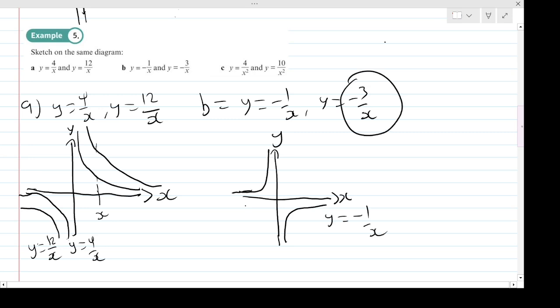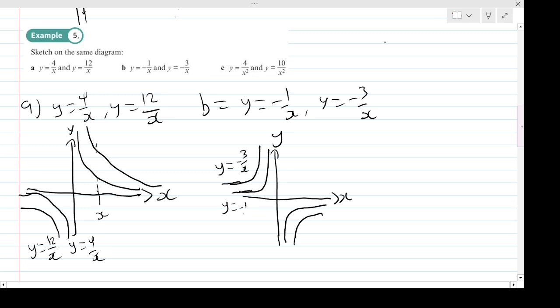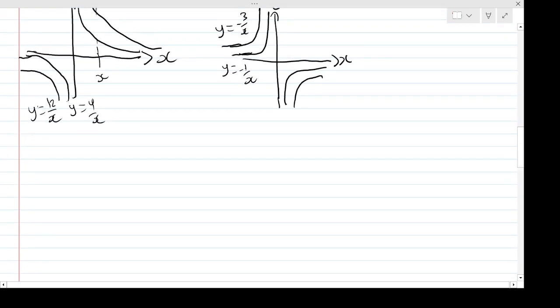Then we have minus 3 over x, and the exact same idea. We have a bigger multiple, so we're doing 1 over x times 3. So again, it's going to stick out more like that. And there we are. It's a bit awkward to distinguish the two graphs because they're quite close to each other, but this is minus 3 over x here, and then I'd say this is minus 1 over x. That's where I'd label it. There we are. And then our last graph is y is 4 over x squared,